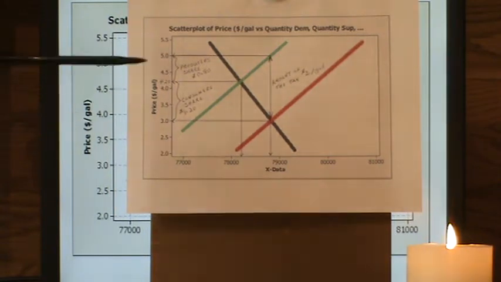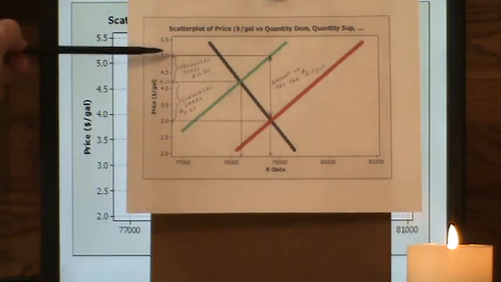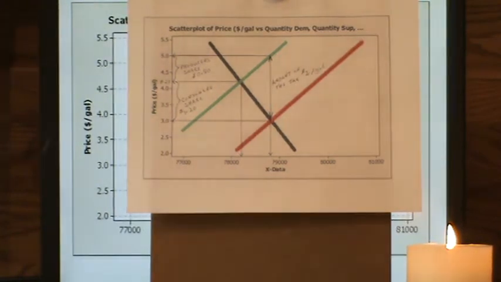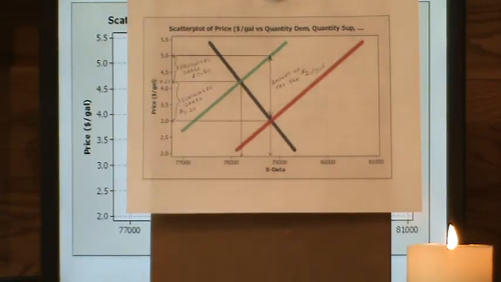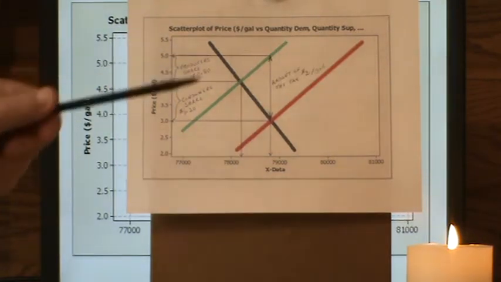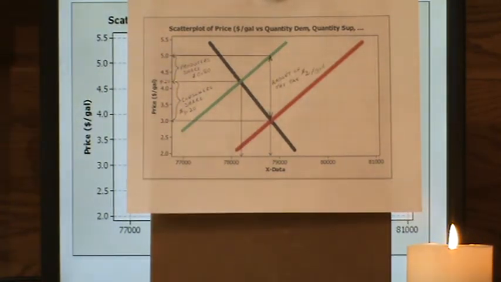Where does the rest come from? Well, the producers who would like to receive $5 per gallon, in fact, are also only getting that $4.20 per gallon. So in fact, they are taking 80 cents less than they'd like, and I would call that the producer's share of the burden of that tax. They are actually having to absorb 80 cents of that $2 increased tax. 40% of that $2 increased tax is borne by the producers. Who are these producers? Well, Shell Oil, Gulf Oil, Phillips Petroleum, and OPEC nations.